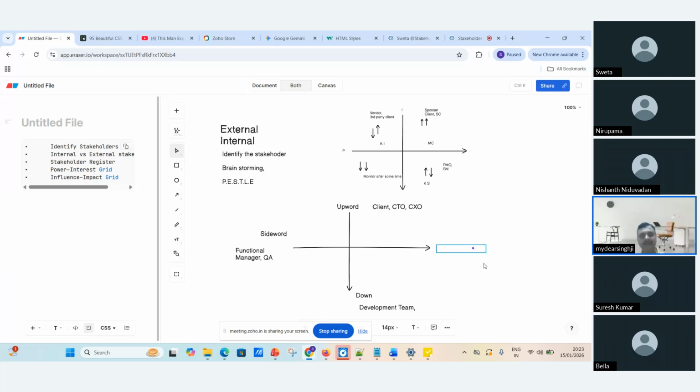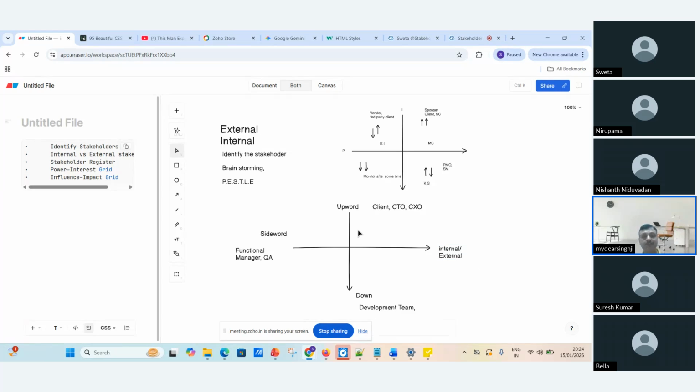And next is internal and external stakeholders. We already discussed what external and internal stakeholders are. We already know about that, right?